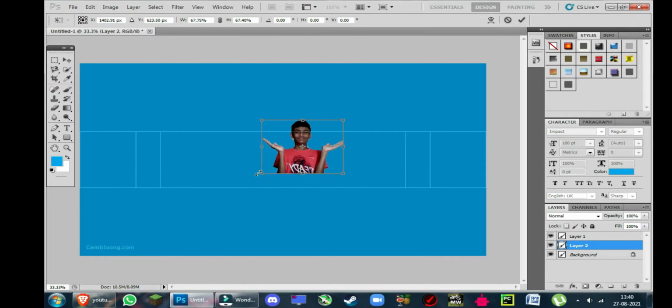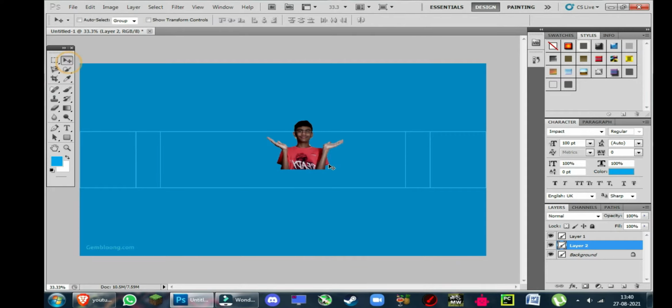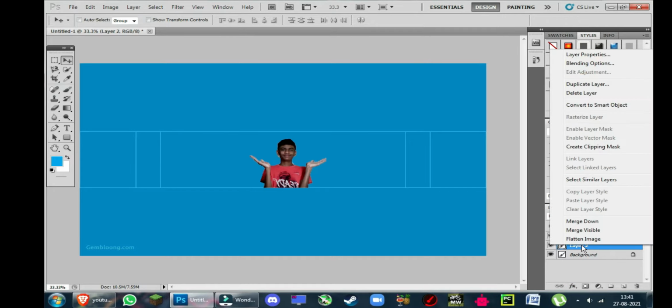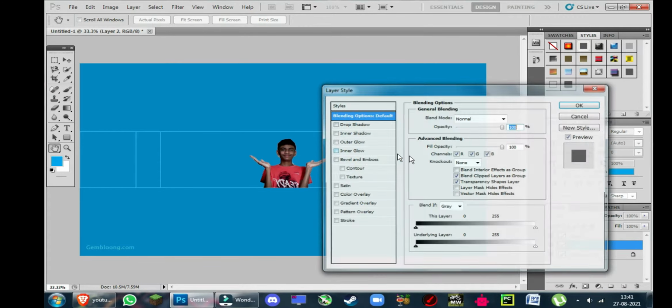If you want to add a border to me, you can do that. On layer 2, go to the blending options over here. You have nice blending options. Go to outer glow, click on it, and you can use any color. I'll use this because I like it.